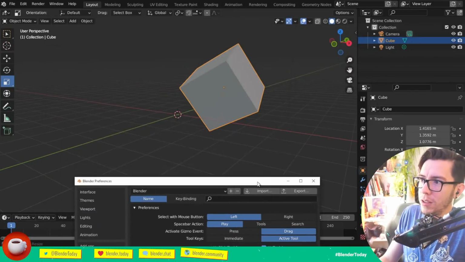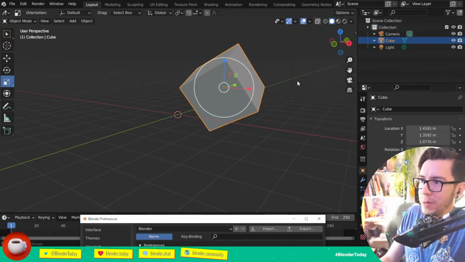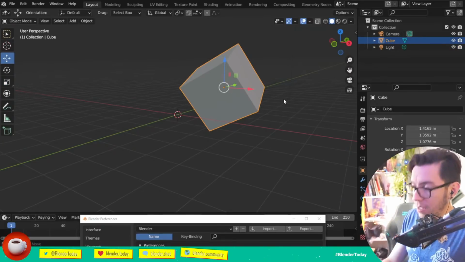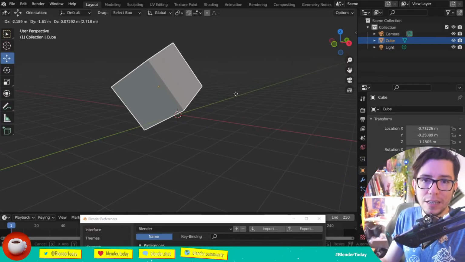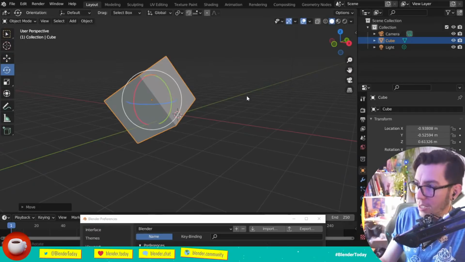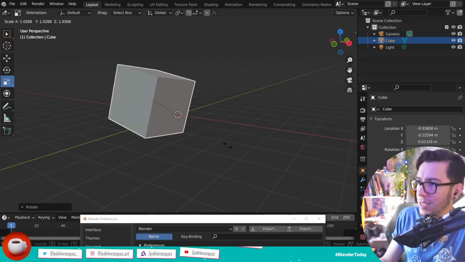So if I press G to move in this new system, I get the grab tool, and then I Alt and move, and I'm basically doing the same as if I just pressed G. So it's two steps, but